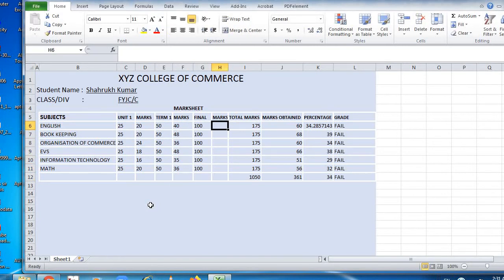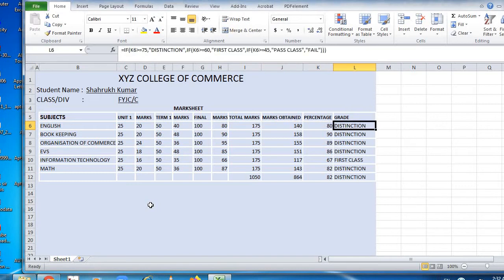And out of 100, let's say 80, 90, 95, 85, 66, 87. So the total got automatically calculated. Out of 175, 140 marks, the percentage is 80, and the student got distinction, and overall the student got distinction.